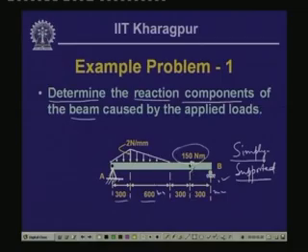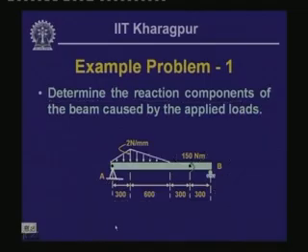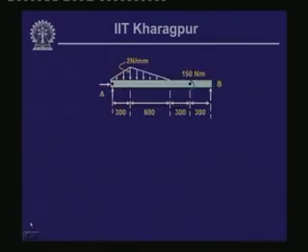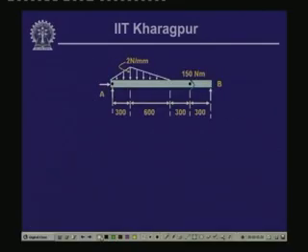Now, all we will have to do is determine the reaction components for this beam. First, let us draw the free body diagram of this particular beam. So, this is the free body diagram of the beam, where we have shown the reactive components. For a hinged support we have a vertical reaction and a horizontal reaction. So, let us call this reactive force R A and this H A, and here we have